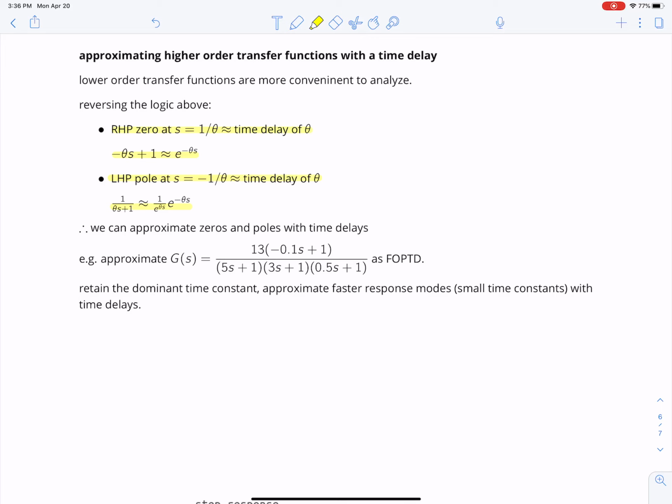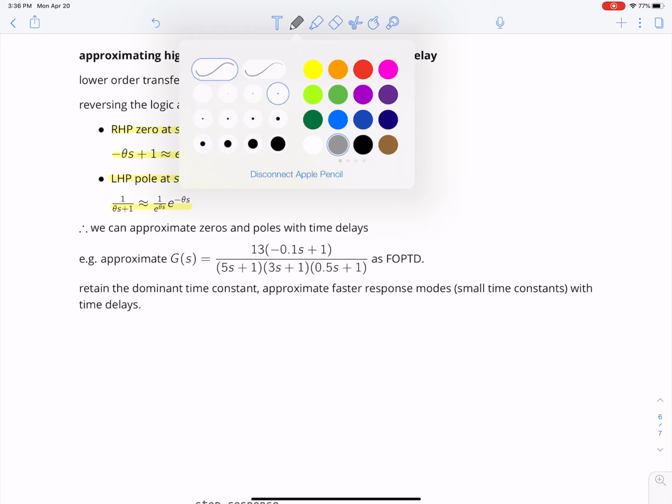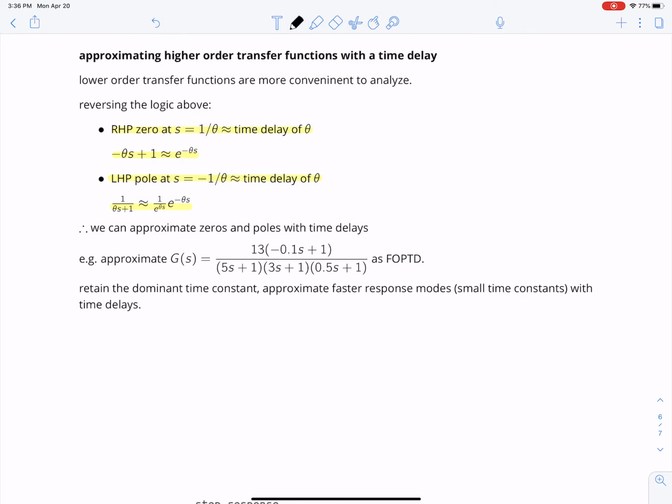Oh, I see a mistake. So this should not be there, but yeah, I'll fix that in the notes. Sorry about that. Okay. So let's